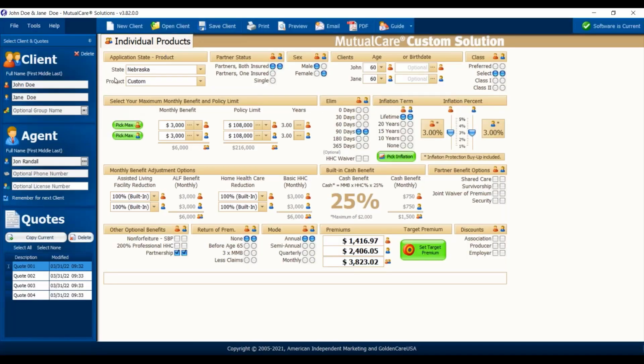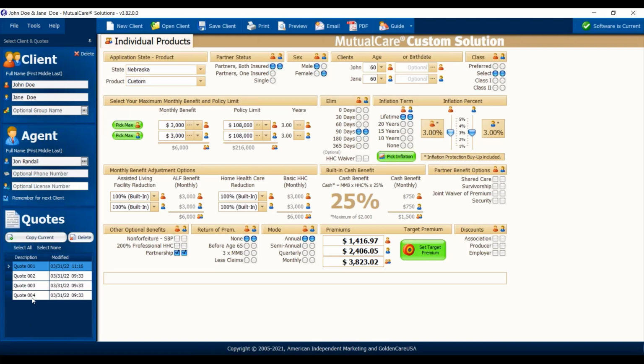Here's a little example. I'm just using Nebraska because they'll go down to 1% inflation and still be in partnership. But I'm just going to try to explain a little bit about the 3% 3-year. It's just a basic plan, $3,000 a month, 3-year plan, 3% inflation, and it's $3,832 for two 60-year-olds.